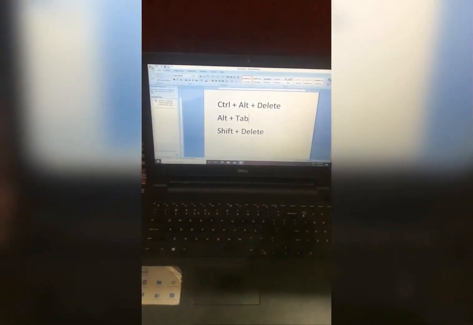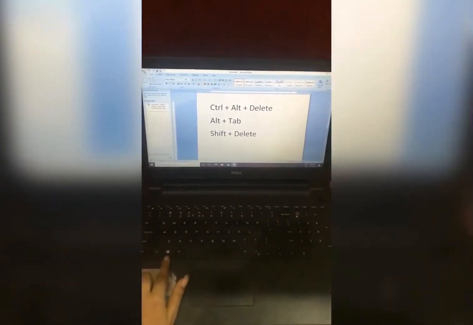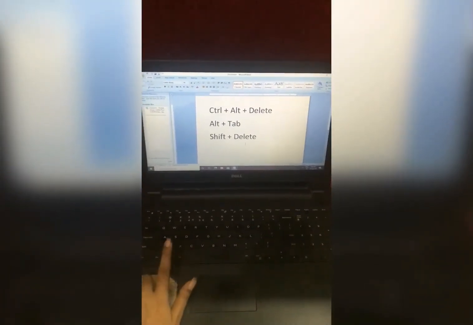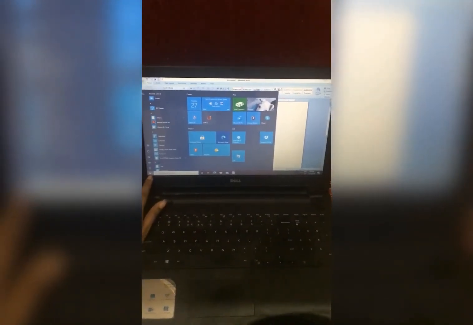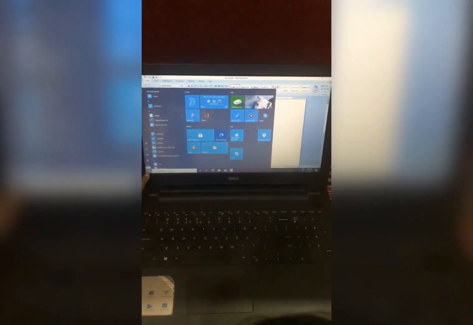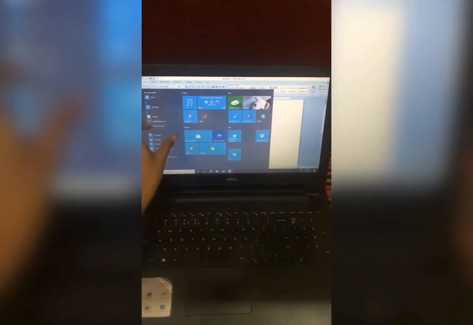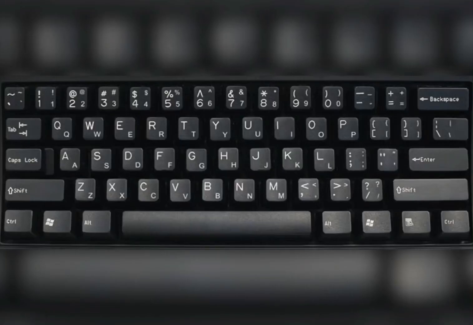Okay children. Now children, here is one more key, that is Windows key. Just see, this is Windows key. Now when I will press Window key, see here, this is a Start button. When you will press the Window key, the Start menu will open on the computer screen. Now let us revise.